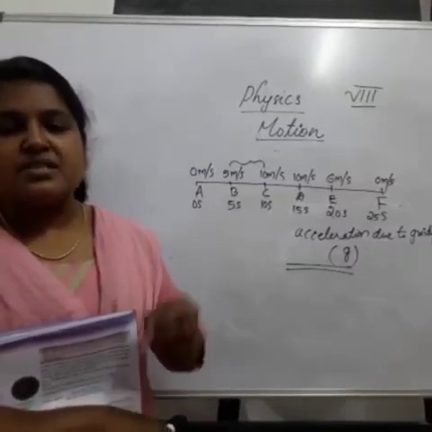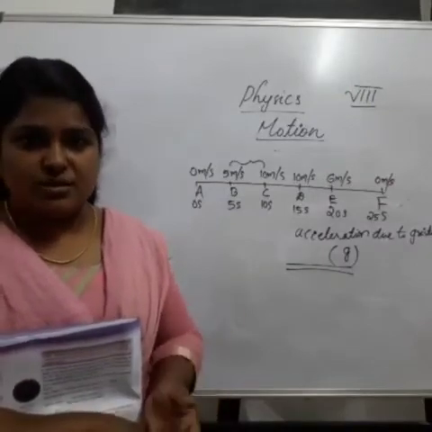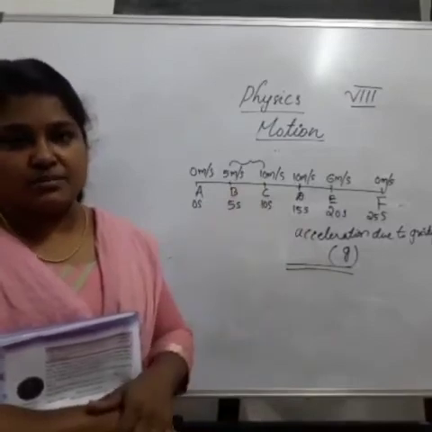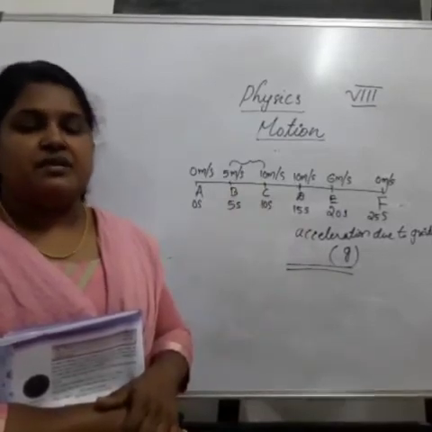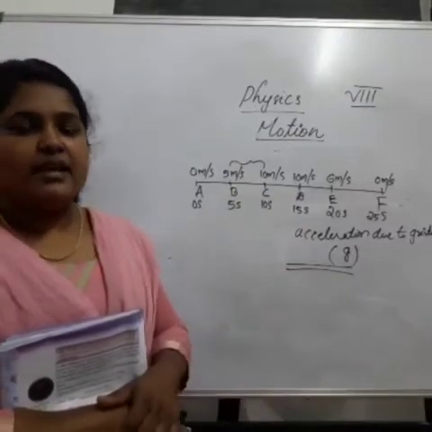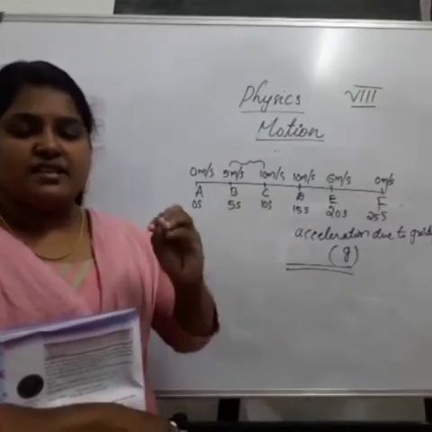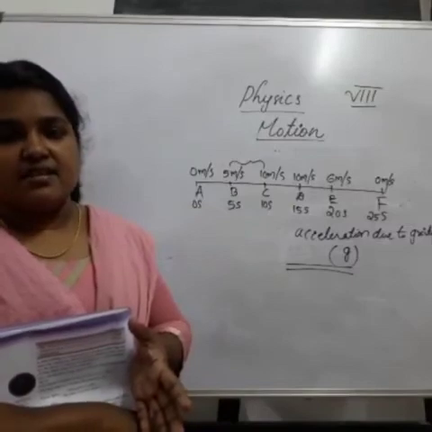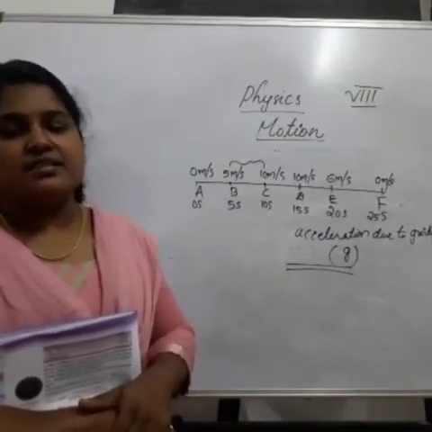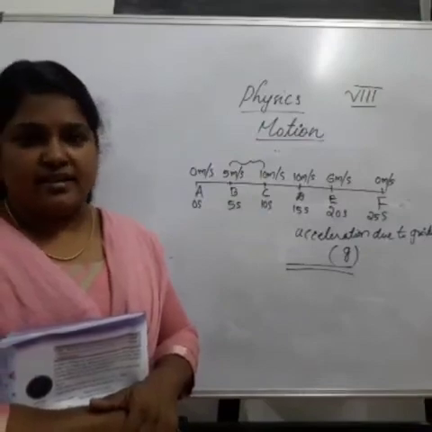Always use the zebra crossing to cross the road. Then keep to the right side when you are walking on the road. Then use the footpath for walking. Then avoid wearing dark colored dresses while you are traveling at night. So these are the things you should remember to avoid accidents.